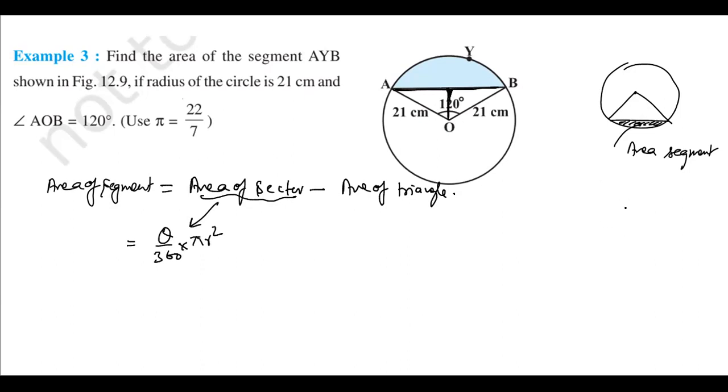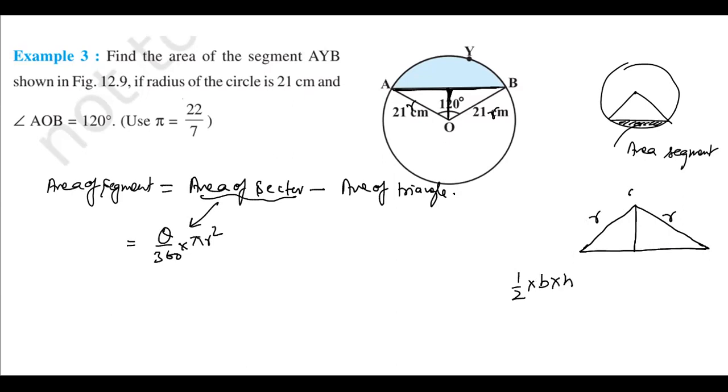Okay, let me assume this one. If you have this type of triangle, an isosceles triangle, and you know that this side is r and this side is also r, because this is 21 and this is 21, so this side is r, and this one is the height for you. So how can you calculate the area of this one? For this, let's calculate. We know that the area of the triangle is half into base into height.